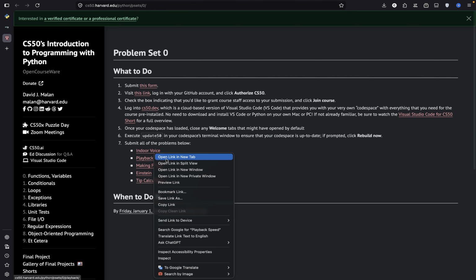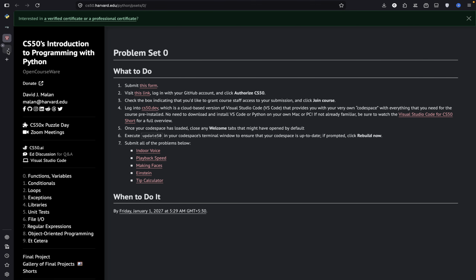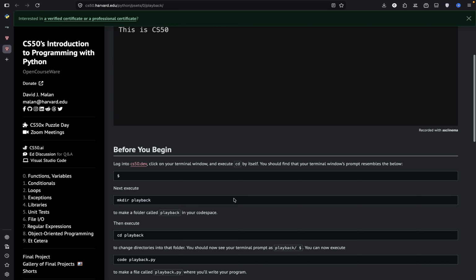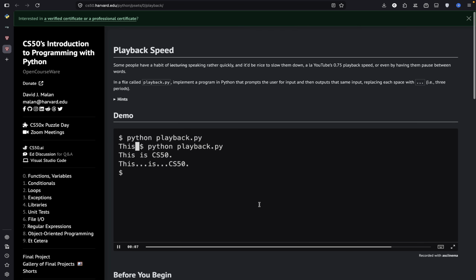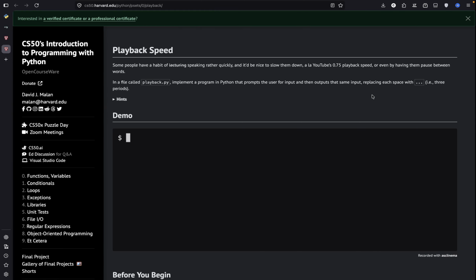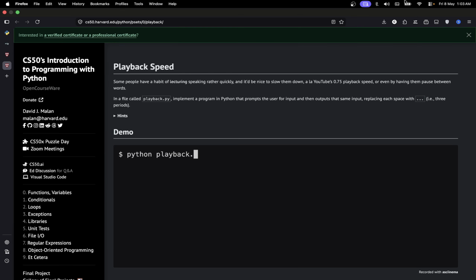Playback speed. It sounds simple, but it took more time than before because I was puzzled. And one thing I learned here is that I need to read the question properly. If I read the question properly, then we can find the answer very easily. For example, as we can see here,